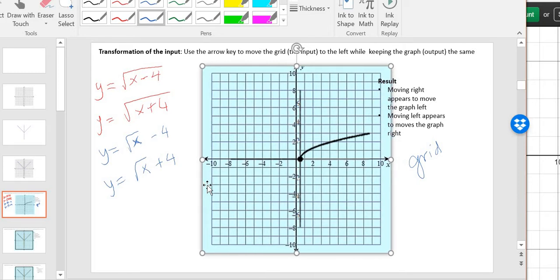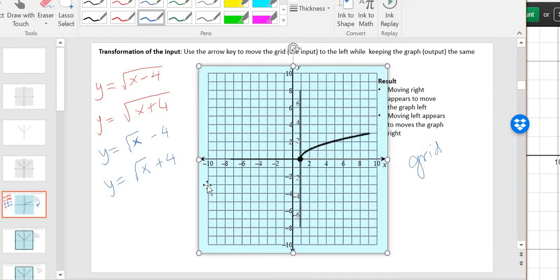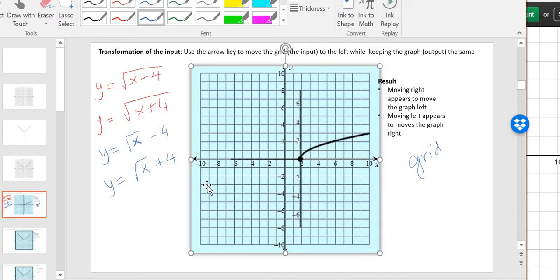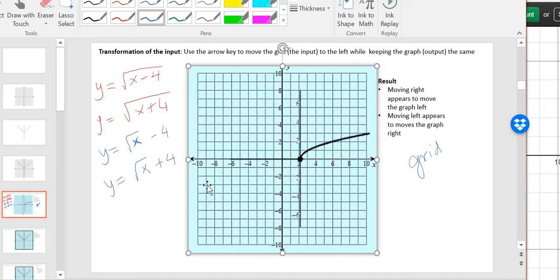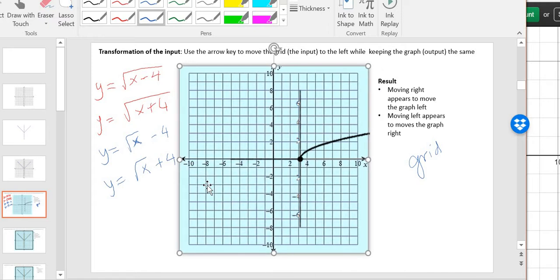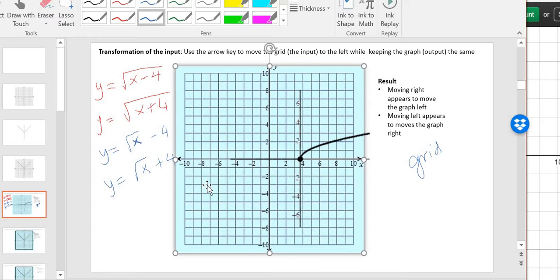This is 1 unit to the left. The grid is moving, not the graph. This is 2 units to the left, moving the grid. Okay. This is 3 units to the left, moving the grid. Let's go back. That's 3 units to the left. And now this is 4 units to the left,